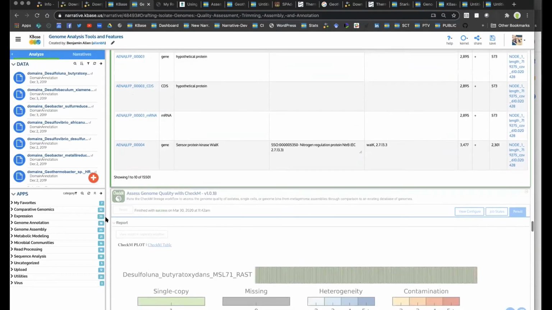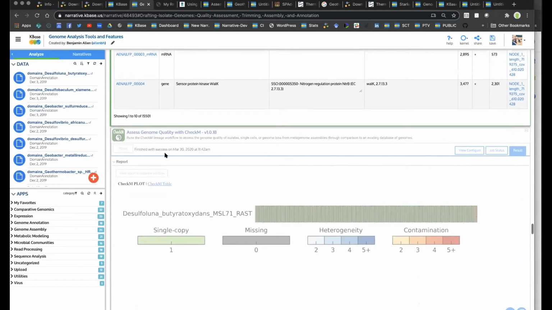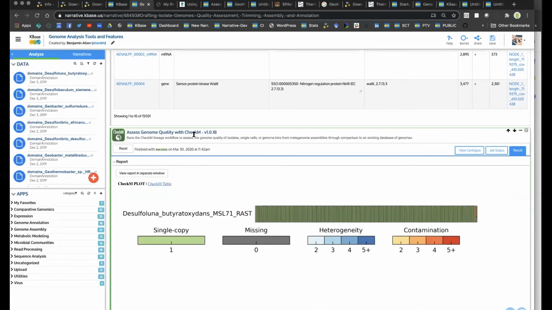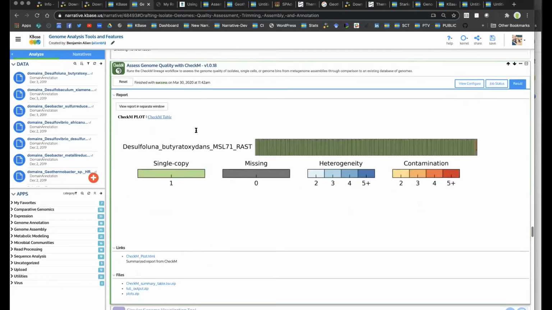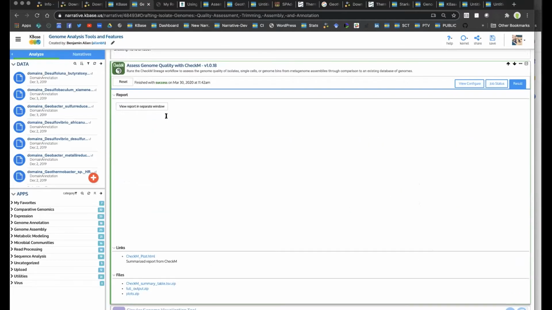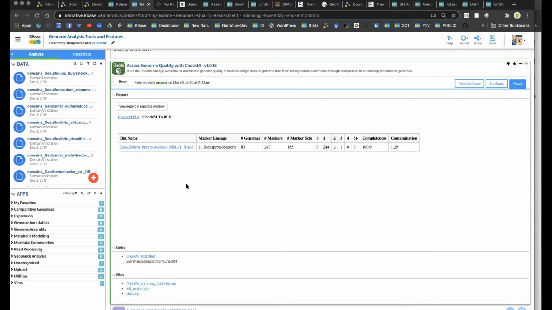Some common things that you'll plug it into right after you've produced the genome are CheckM. This is, of course, a very popular tool for looking at the completeness or contamination of genomes. So you can see this is pretty good. And